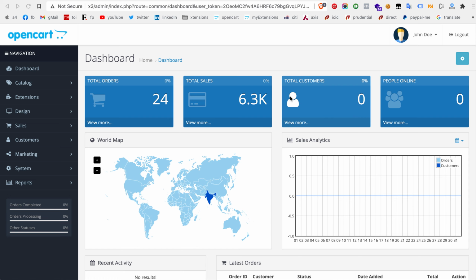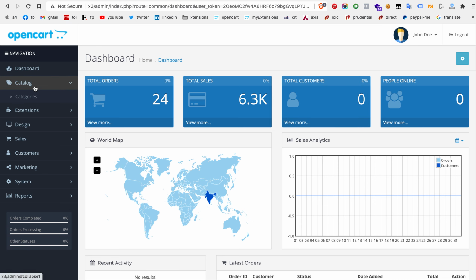Let's do a demo of bulk and quick attributes for OpenCart. As you are aware, in OpenCart stores that have a lot of attributes, it is a very tedious job to manage all those attributes. Not only does it take a lot of your time, but it takes a lot of your money in the form of your employees, or you yourself, managing all those. So let's go to the solutions that we have built to manage the attributes.